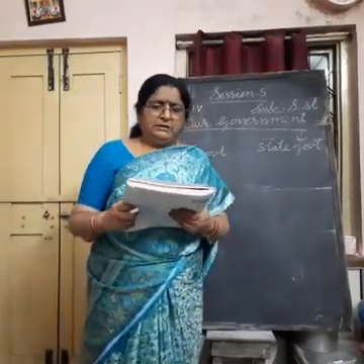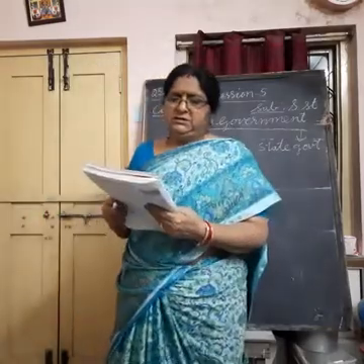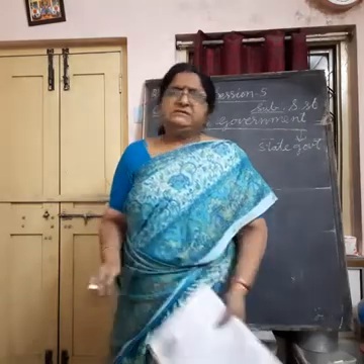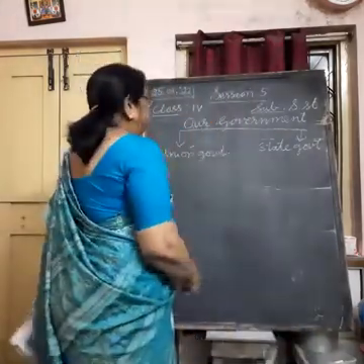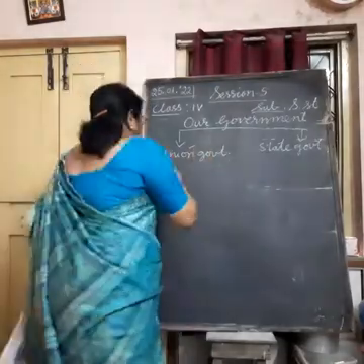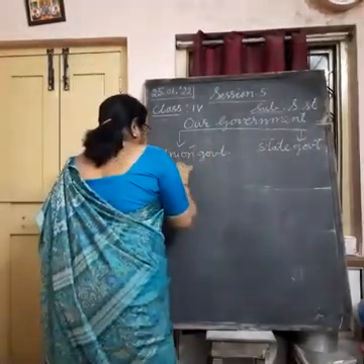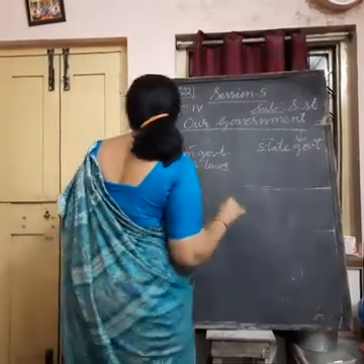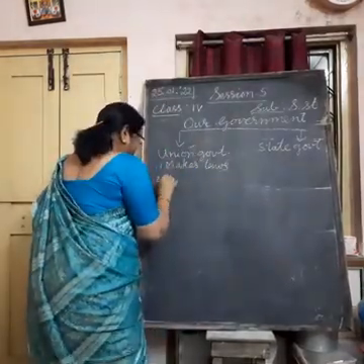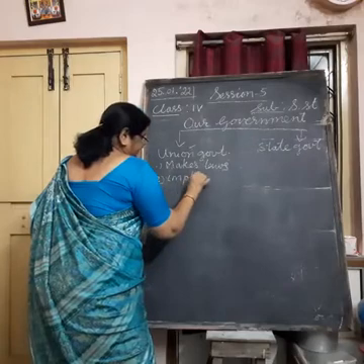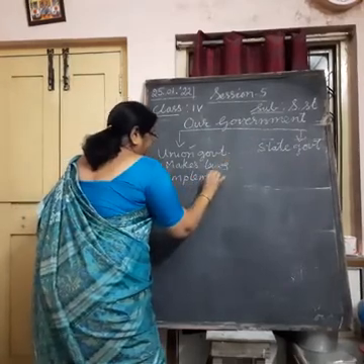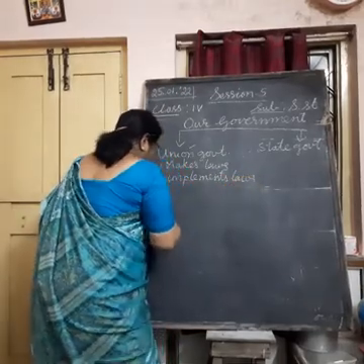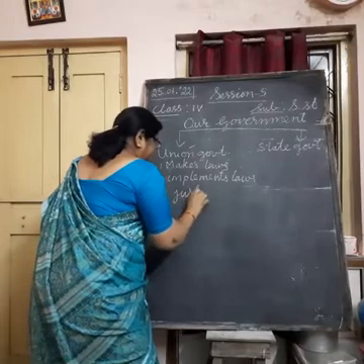The union government does three main functions. These are to make laws, to implement laws, and to provide justice. What does the union government do? It does three main functions. One is makes laws. Second thing, implements laws, means brings laws into the practice, rules. Laws means rules and regulations. Understand? And it will provide justice to the people.